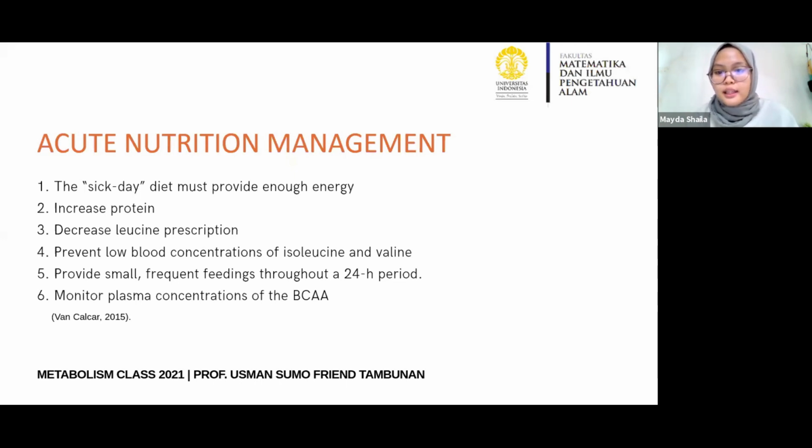The first point is that the sick day diet must provide enough energy, increase the protein, decrease leucine consumption, prevent low blood concentrations of isoleucine and valine, provide small frequent feedings throughout a 24-hour period, and the last one is to monitor plasma concentrations